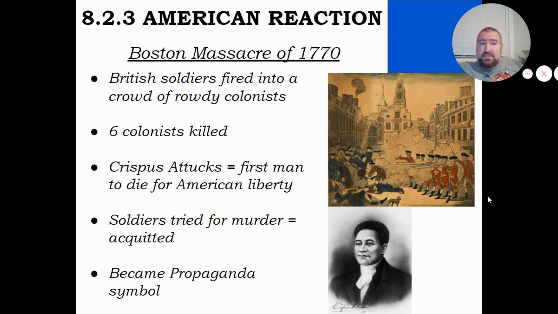Now, is there another side to the story? I mean, yeah, these guys went on trial in Boston, and a Boston jury found them not guilty. So there's another side to this. But what Americans did was to say, look at all of the evil things that are going on with the British. We don't like them in the first place, and now look what they do. So this is a very important development, because now we're not even trying to think about, okay, but what is the king trying to do? Now it's just, shut it down. We cannot stand this. So moving on,